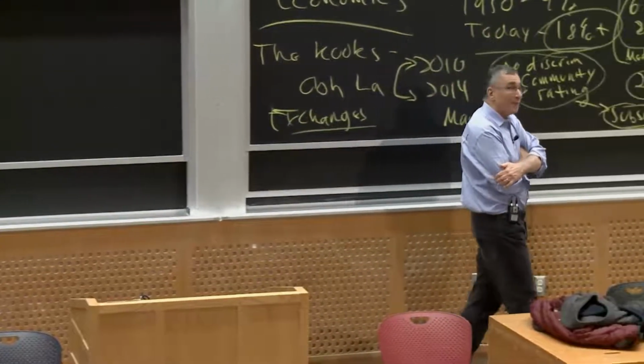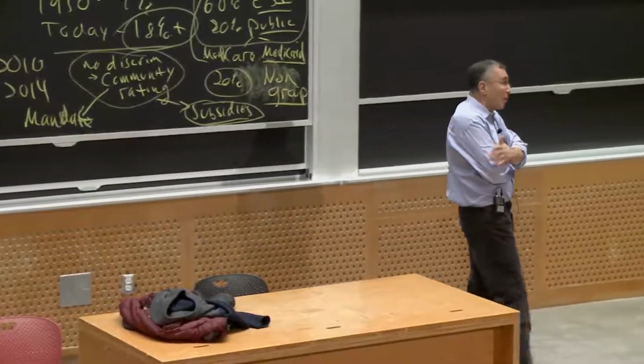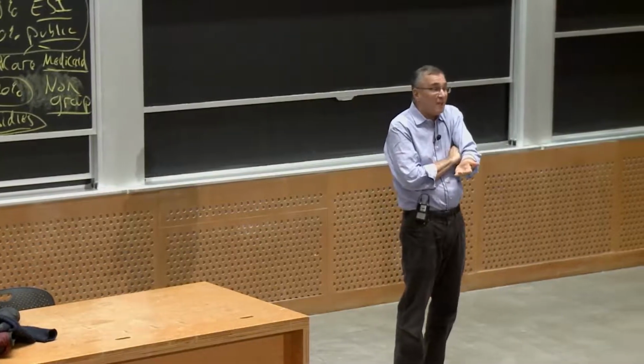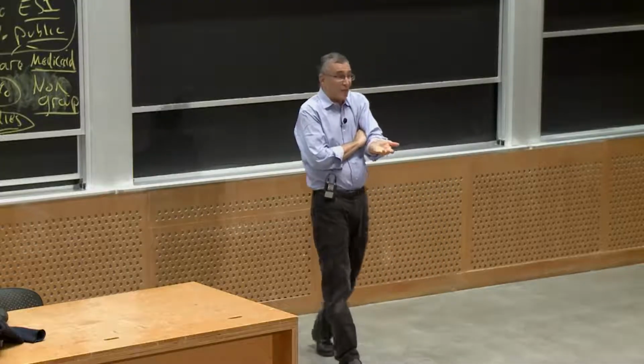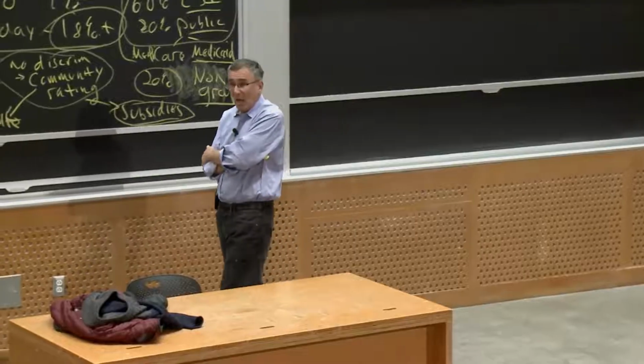Second market failure, information imperfections. We talked about the imperfect information in insurance markets. What about imperfect information in medical markets? I go to the doctor, they tell me what tests I need. How do I know if they're right? How do I know whether I need that test or not? How do I know whether I need the treatment? There's enormous information asymmetries in healthcare.